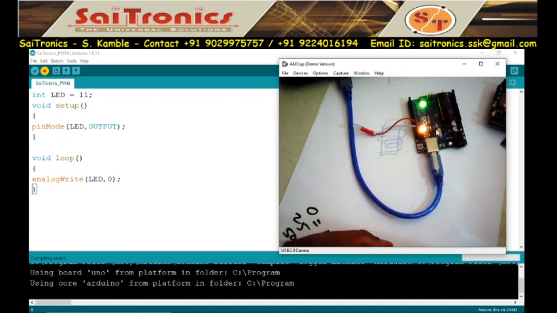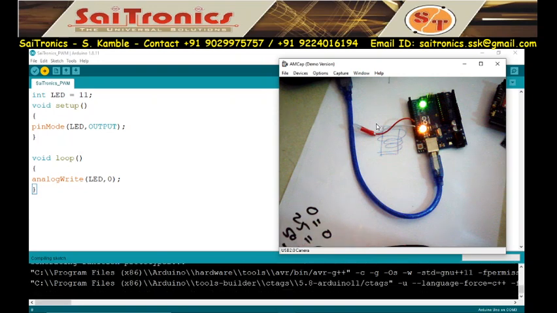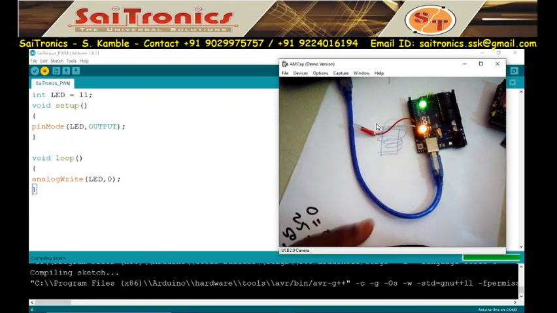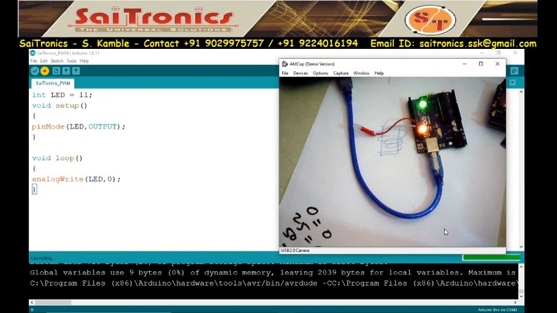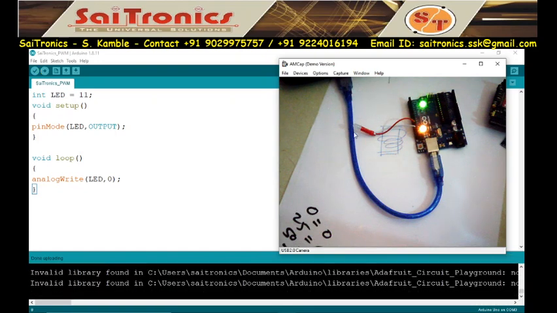When you write 0, the output is 0 volt, so the LED will not glow. Then we will put the value 64 for 25% brightness, and we will see the output. So uploading the code. After uploading, the LED is off because my value is 0.